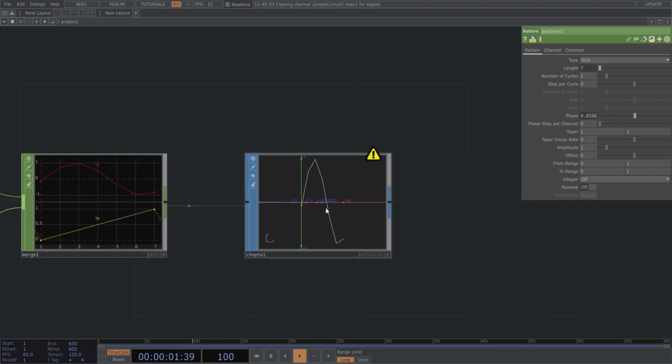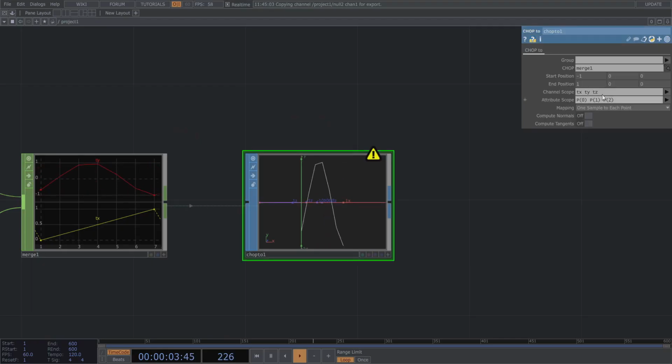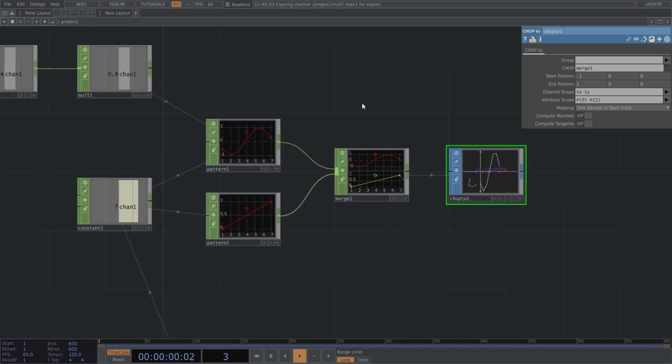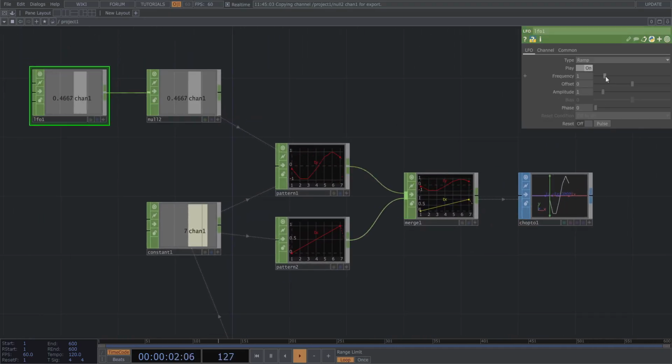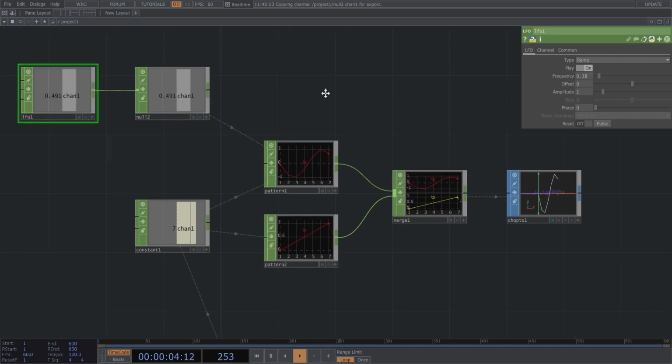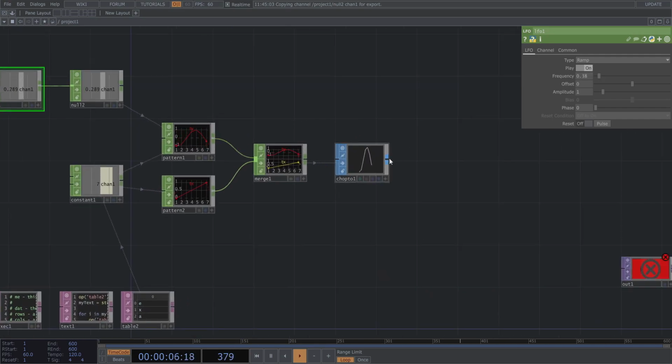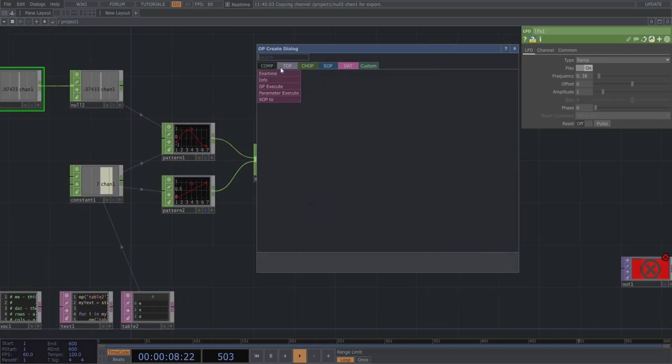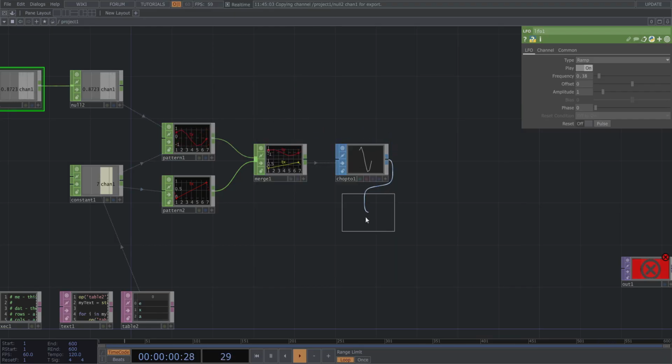So you kinda see where this is going. You don't actually need the TZ value, so you can just delete it. You can slow it down a bit. Can then put this on a SOP,